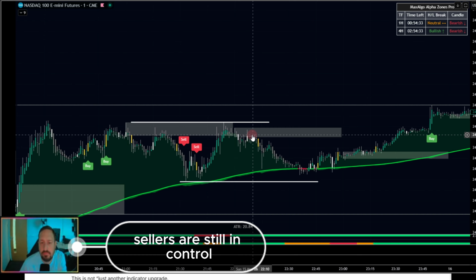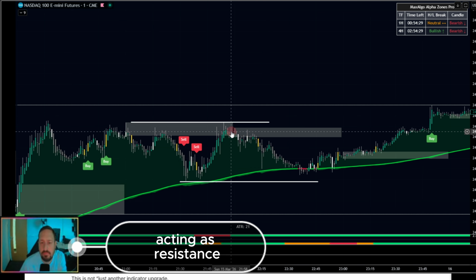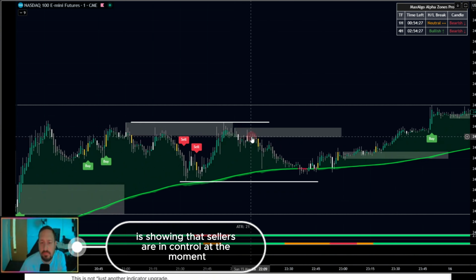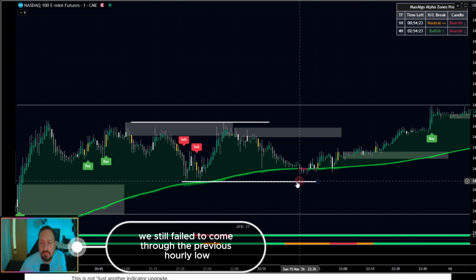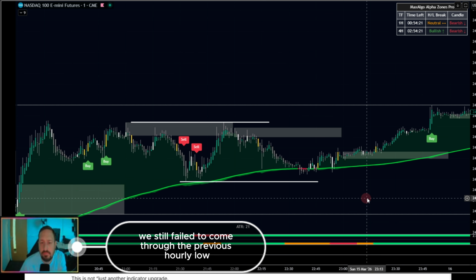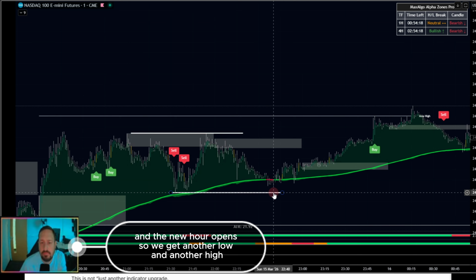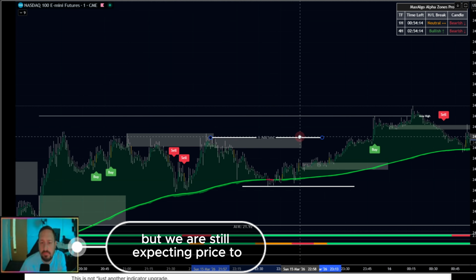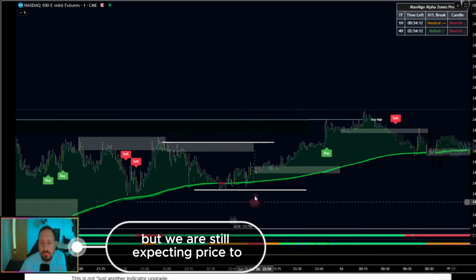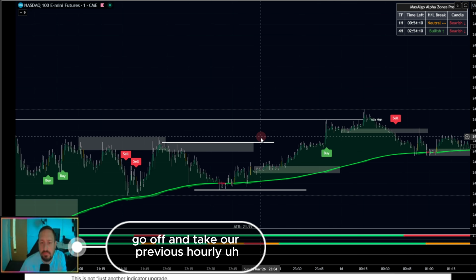Again, sellers are still in control. The hourly zone holds, acting as resistance. It's showing that sellers are in control at the moment, and we push price down. We still fail to come through the previous hourly low, and the new hour opens. So we get another low and another high, but we are still expecting price to go off and take our